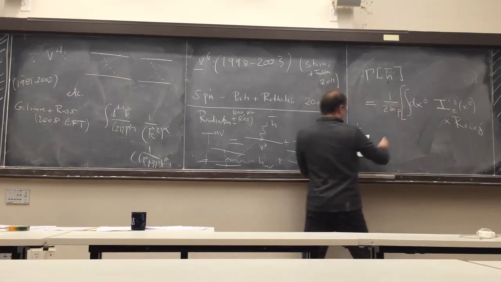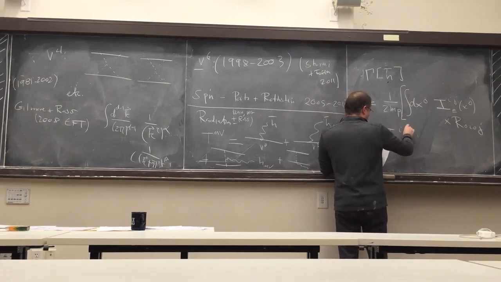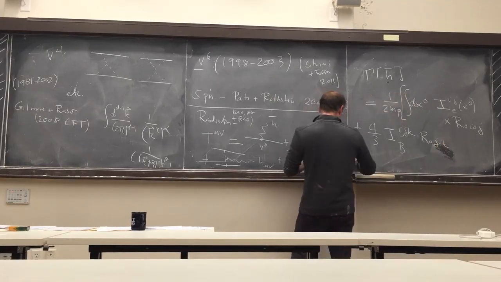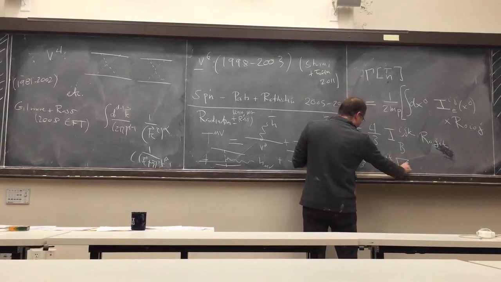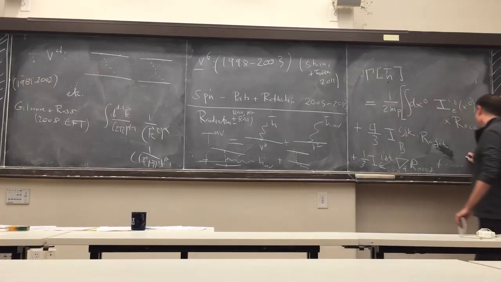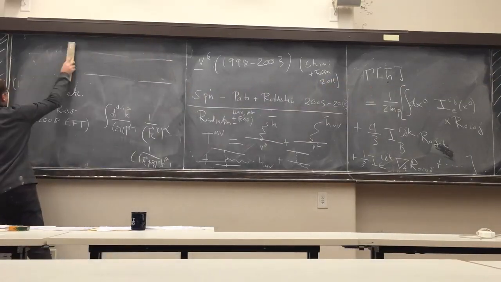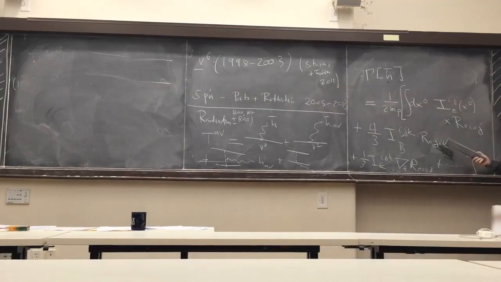And then there are other terms, like a coupling to different components of the Riemann tensor, 0, Jik, and finally something like that, which couples to the derivative of the Riemann tensor. And the expansion goes on forever, but let me just look at the first few terms for illustration. So this is what comes out of calculating these diagrams. You just compute the linear part in the curvature that comes from these diagrams,